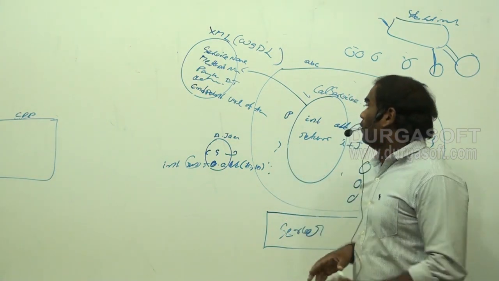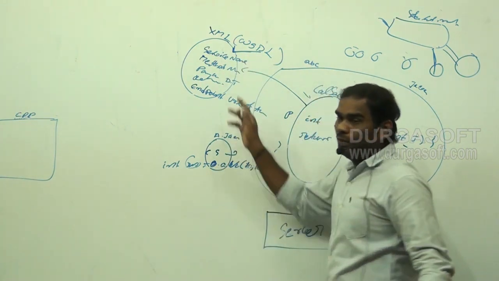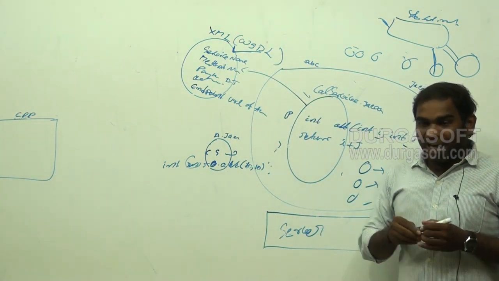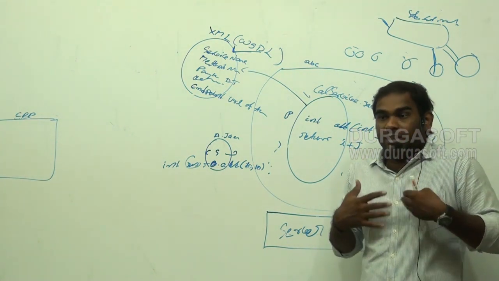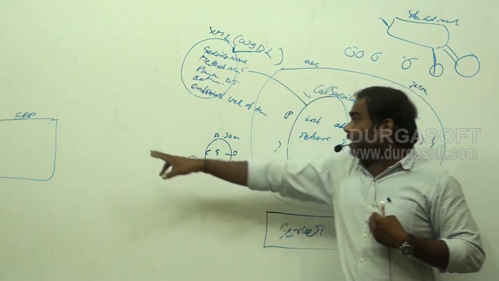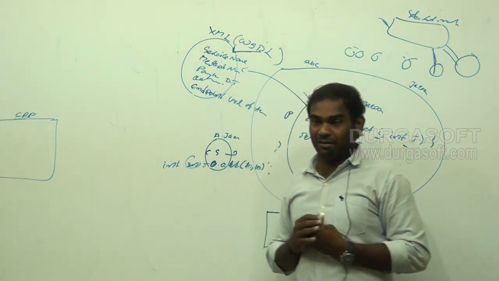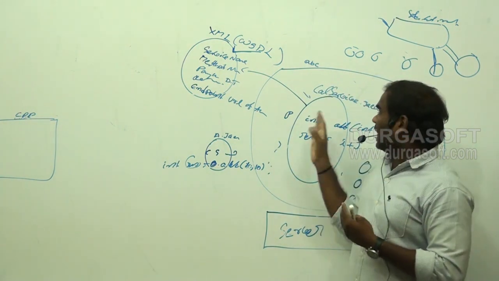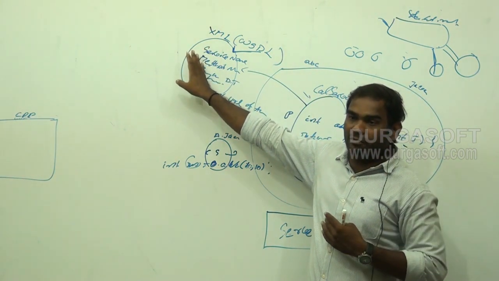Understood? Fine. So now tell me, who will write this XML document? Who will prepare this WSDL file here? Let us say I am a service provider. Meaning what? Somebody is invoking my methods. So I can say that I am a service provider here. In our architecture, this C++ is a client here, or consumer, we can say. Understand? So the service provider will design this WSDL file here.